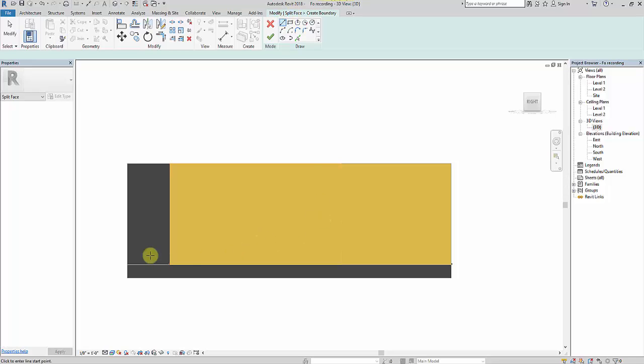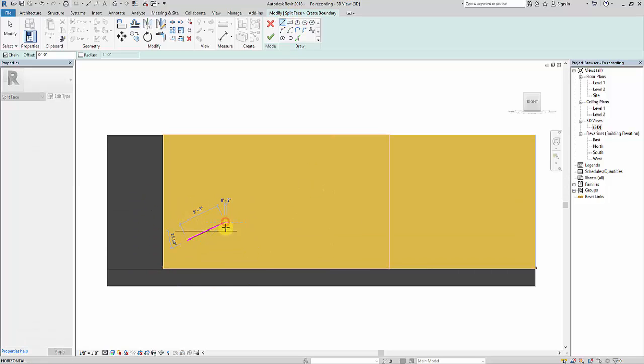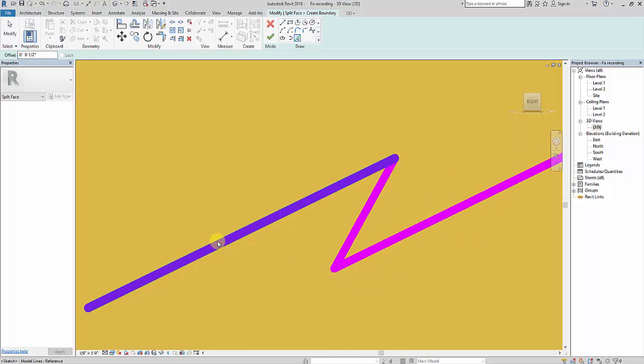Now here what I'll do is I'll do the design as per my requirement. Select pick line, so I'll give some offset of 0.5 inch. Okay, this.